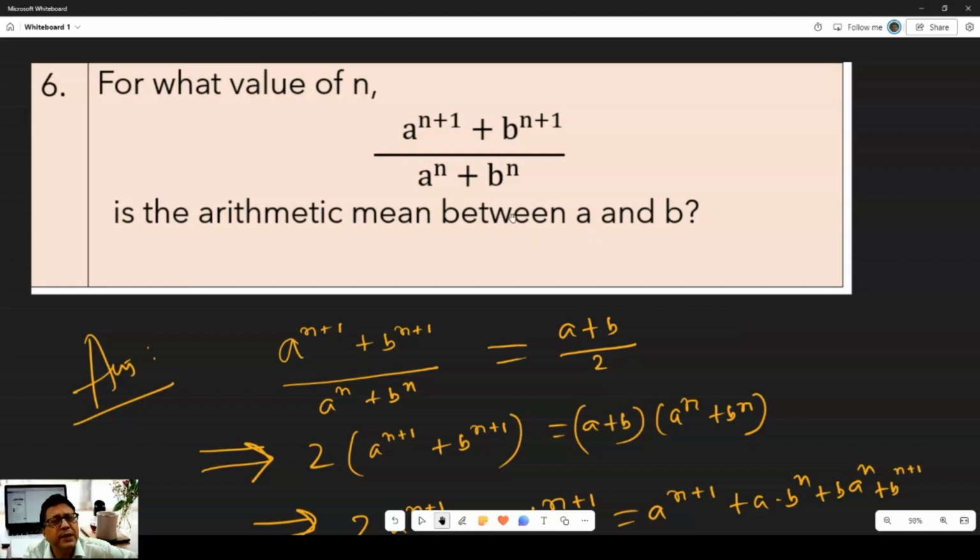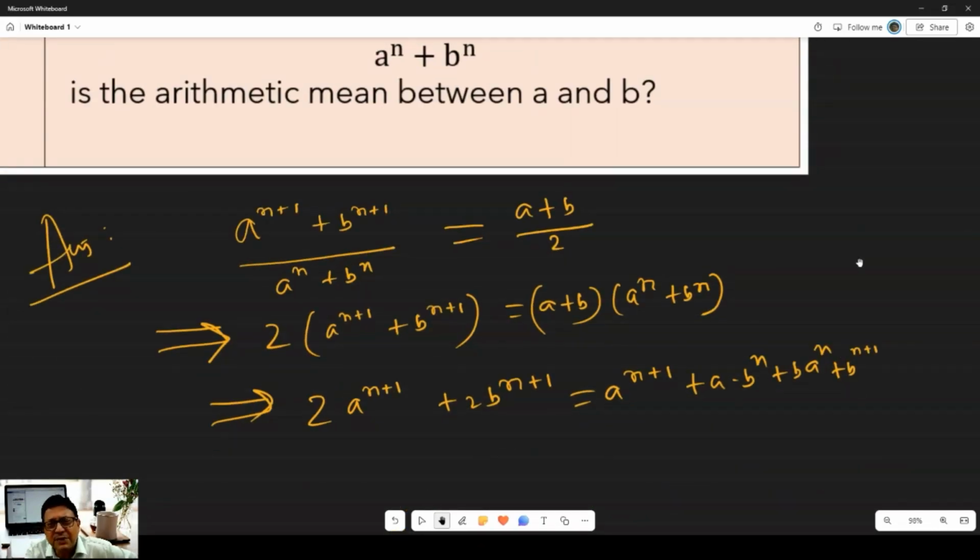This is the arithmetic mean between a and b. I have to get the value of n. Is it possible? Do I have to take log of both sides? No, nothing. It's a funny sum. Mathematics is always fun, something like that. So 2a to the power n plus 1, a to the power n plus 1, if you subtract,